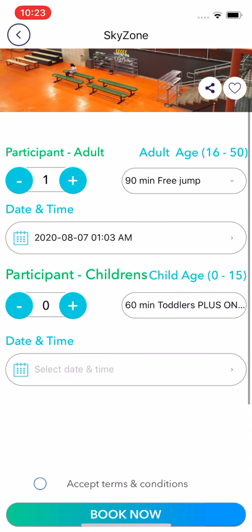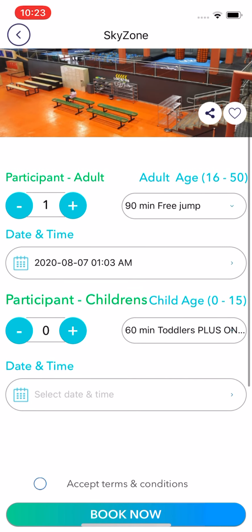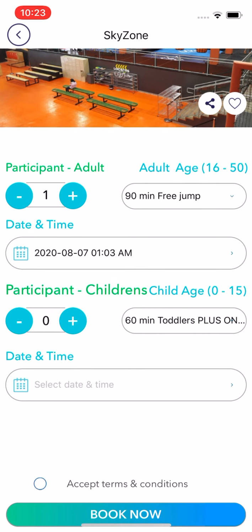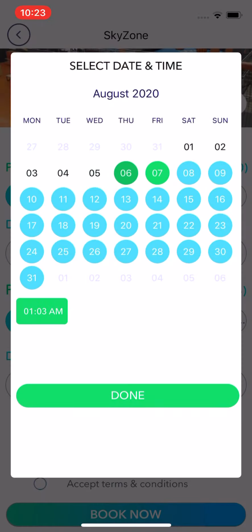Now here they have a condition for participant children and adult. I can select the adult single. I can select either adult or child and do the bookings. Without selecting an adult, a child can select and do the bookings. That is fine, because there is no dependency, like a child cannot select without an adult.